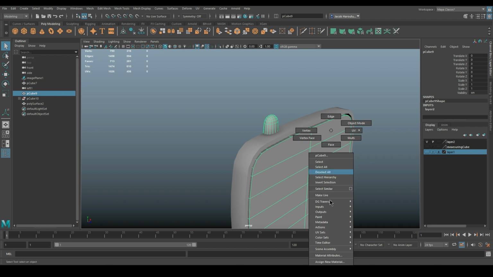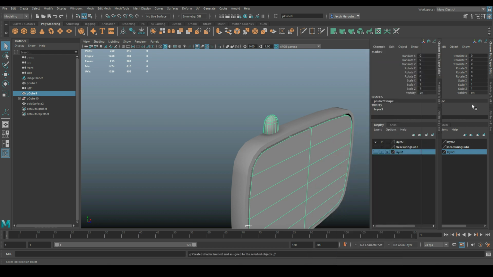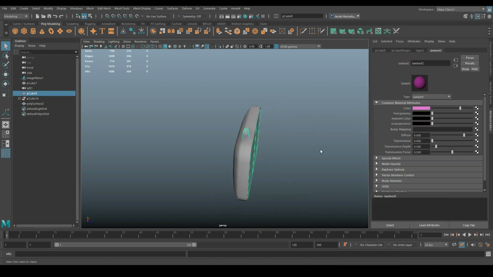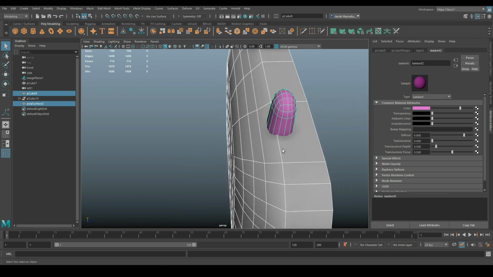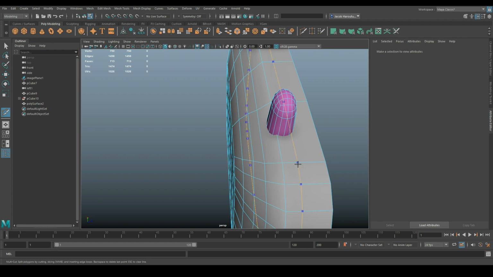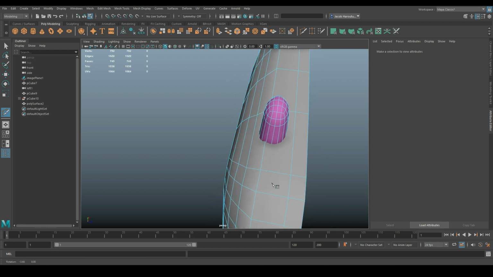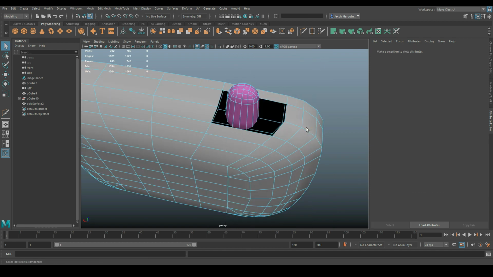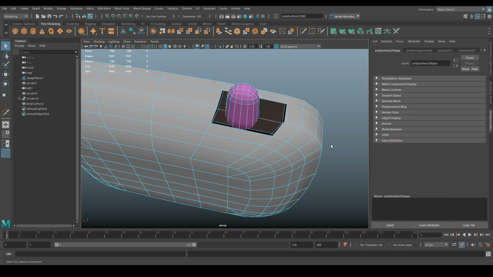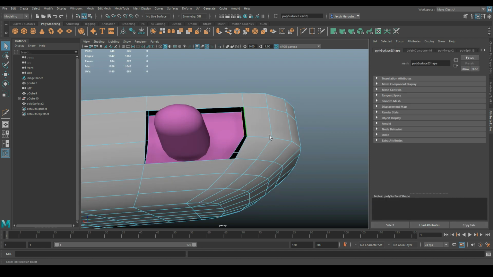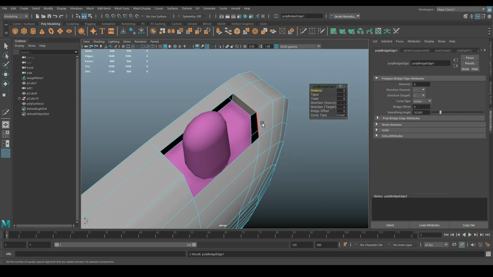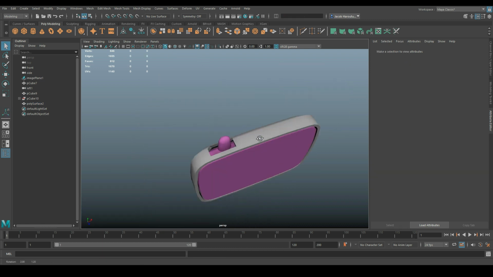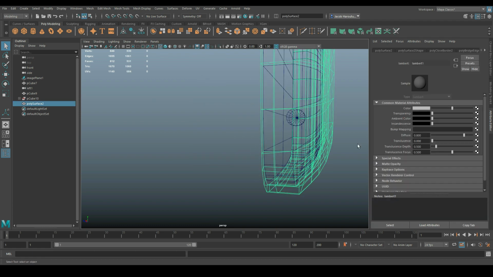All right, and I'm gonna actually just change the color here for my own visual distinction. Okay, and I'm also gonna wanna make a hole for this antenna. And to do that, I'm gonna add another edge loop here. I'm gonna just go ahead and delete these faces. Now with that done, I'm gonna bridge these gaps here. All right, now that we got that hole patched up, I also want to create a hole for the power